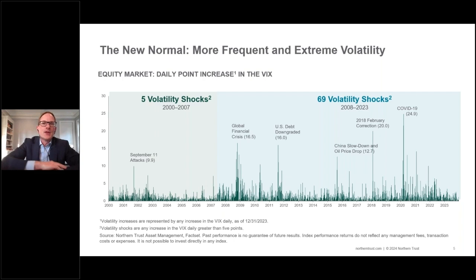So what does this mean? This means that not only do we have more volatility shocks, they tend to be accompanied with a precipitous drawdown in the equity markets. This means there is more tail risk in equity portfolios than there has been in the past. We won't talk about it today. How do we typically deal with tail risk?